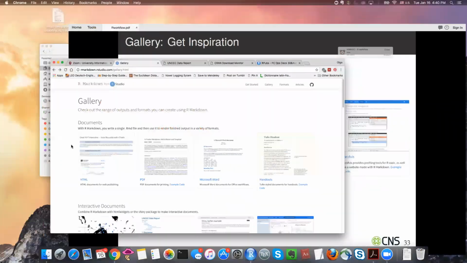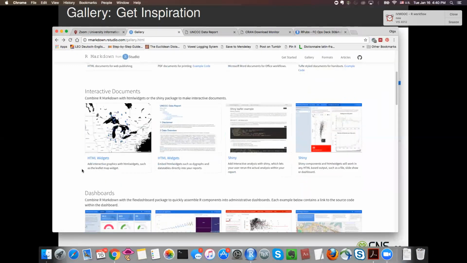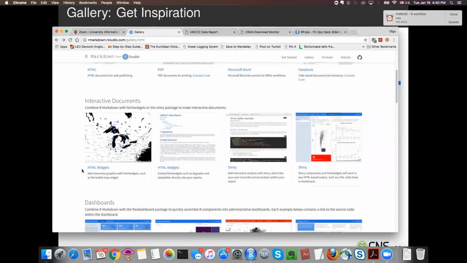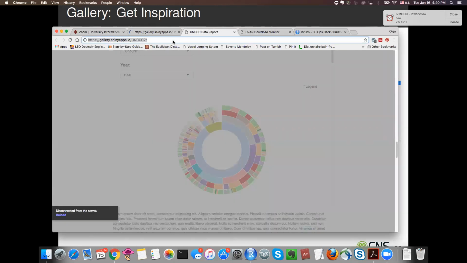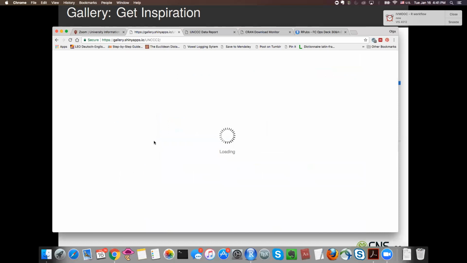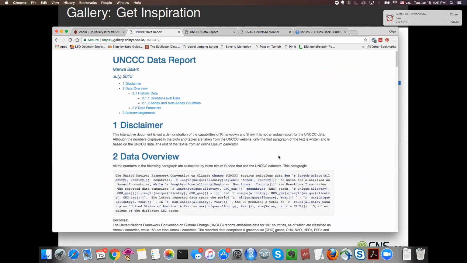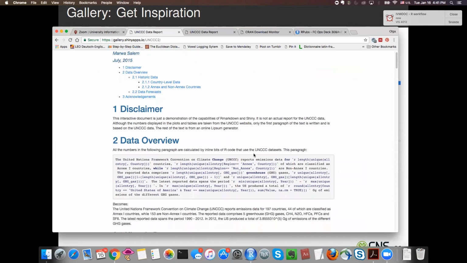You can see other people's projects. And let's say you can build interactive documents, right? For instance, why not have interactive HTML built with R Markdown, where you can share the data with your colleagues. So this is a document. It looks like a document, right? But you also describe data,